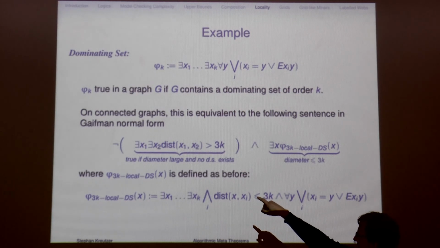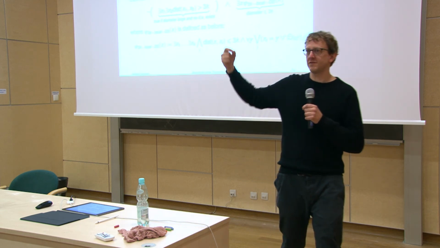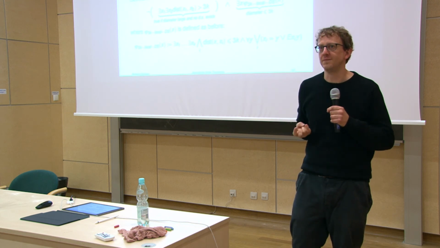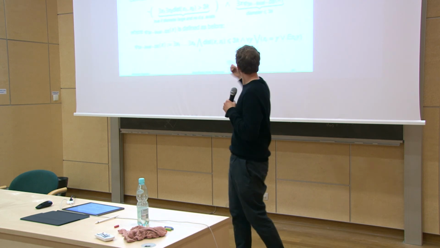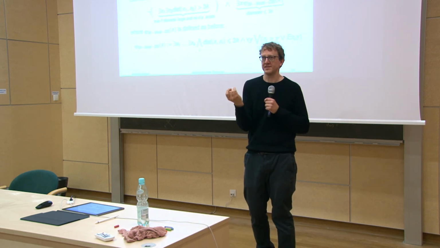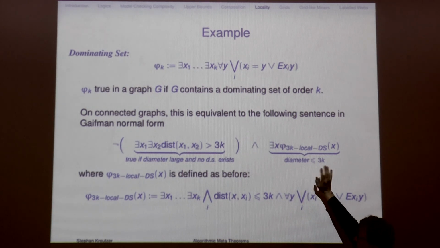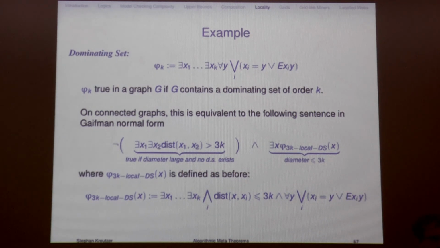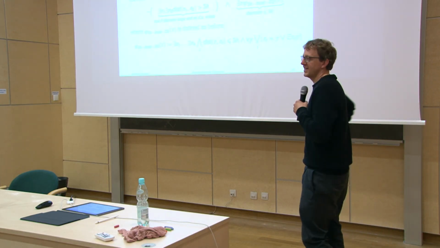The first one says, I do not have 2 vertices of distance more than 3k, which means if the diameter of your graph is big, then you will have these 2 vertices. And if you don't have them, it means the diameter is small. But if the diameter is small, it means the entire graph is contained in the 2k neighborhood of some vertex, the one in the middle. And so you can just say there is an x. And then you do something else, which I sort of ignored here. And then you just have to look in its 3k neighborhood, and there you can just use a local formula saying you have a dominating set. There are some omissions here, but it's not important what's missing. It's a bit more complicated once you have non-connected graphs.